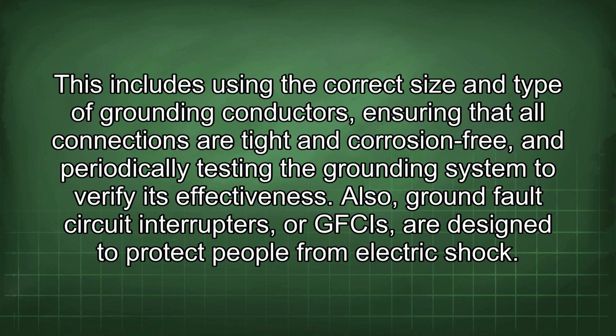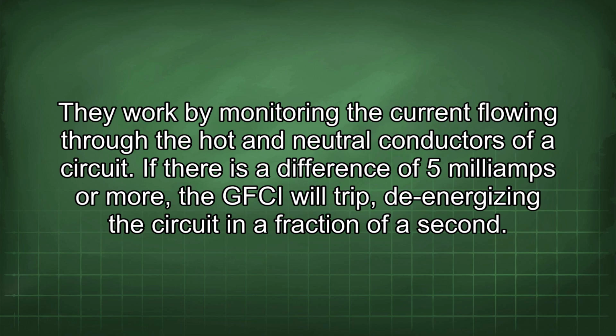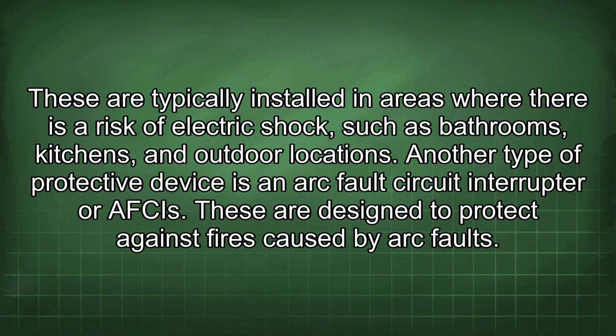Also, ground fault circuit interrupters, or GFCIs, are designed to protect people from electric shock. They work by monitoring the current flowing through the hot and neutral conductors of a circuit. If there is a difference of 5 milliamps or more, the GFCI will trip, de-energizing the circuit in a fraction of a second. These are typically installed in areas where there is a risk of electric shock, such as bathrooms,